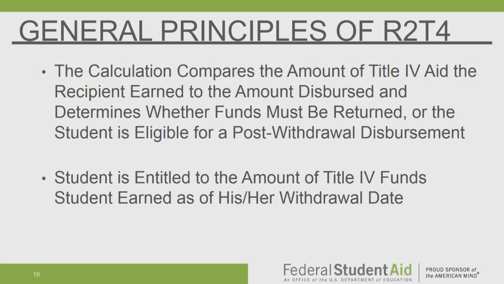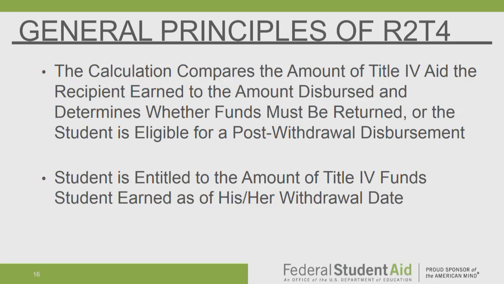The student is only entitled to what he earned at the point he withdrew in the payment period or period of enrollment. If he earned less than what you've disbursed, then you have to return the difference, being the unearned portion. If he earned more than what you've disbursed, then you must